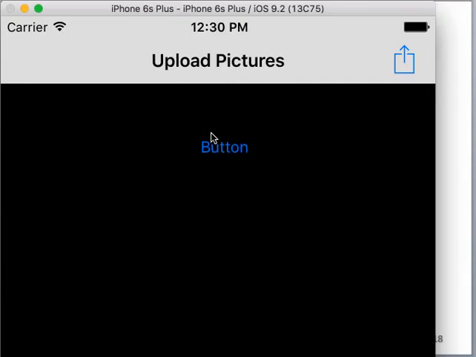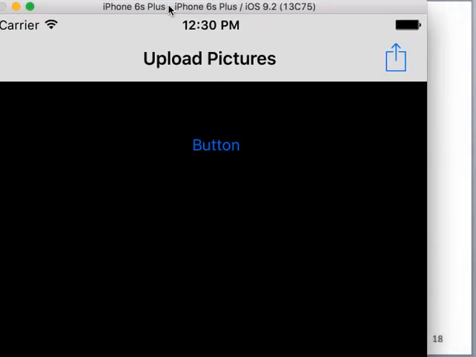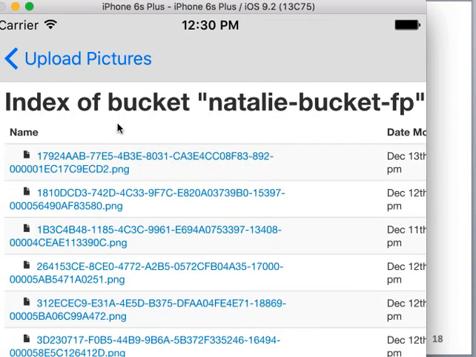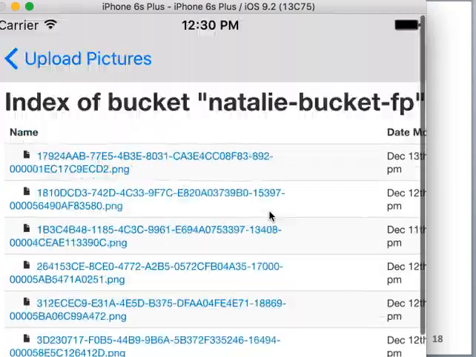And so here is the button we created. We have the upload pictures format that was brought in from GitHub. And on the bottom, as you see, there's a button to upload. I'm not sure if you can see it. It's a little far down there. So to display that it works, the button loads the bucket and displays all the files that are currently in there. We're also able to hit this upload button, go down and hit select pictures,